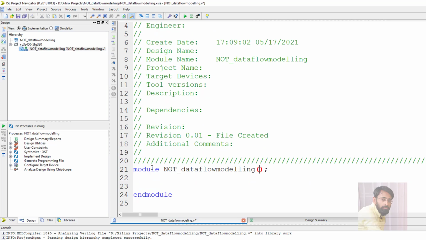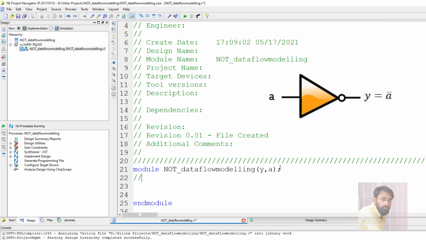Here I have to write the code. Module, this is the module name, NOT underscore data flow modeling. And what is the port list? It contains one output y and one input a. Next we have to do port declaration. Among this, output is y, and input is a.